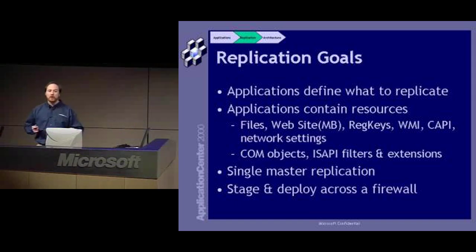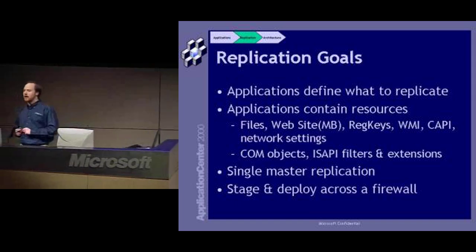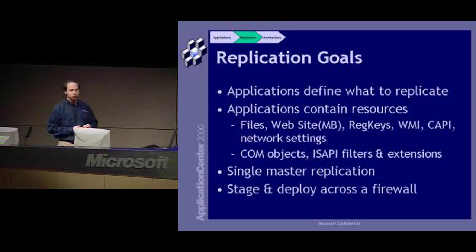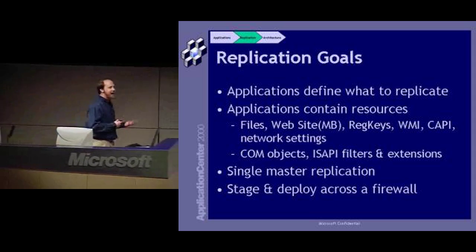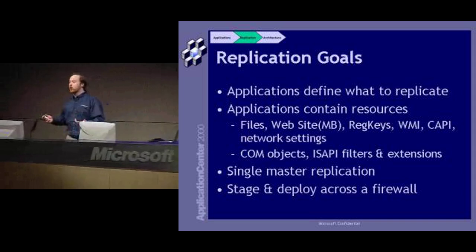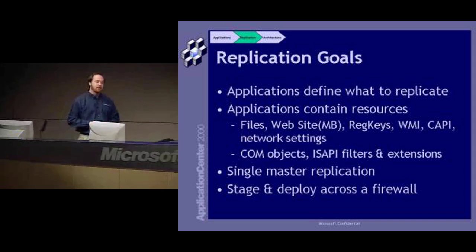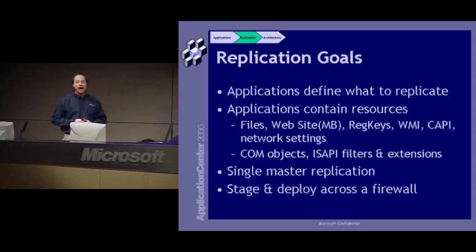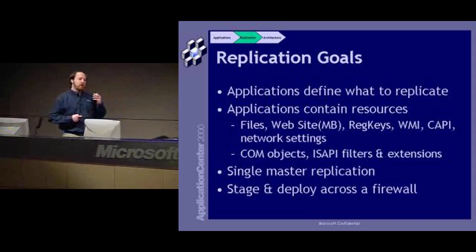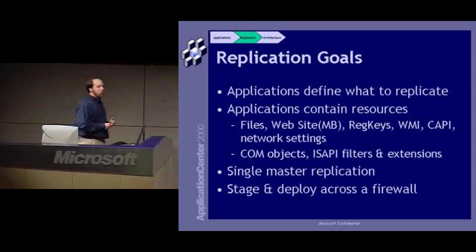A lot of times, you only want to have a single master machine that you can be guaranteed is the cluster controller and has the authoritative source of content. I mean, could you imagine a world where a hacker managed to get into one of your machines in your cluster, wipes out or changes that information, and it gets automatically replicated out to all the other machines in the cluster? We thought that was a bad idea, and that we only have a single authoritative source, which would be